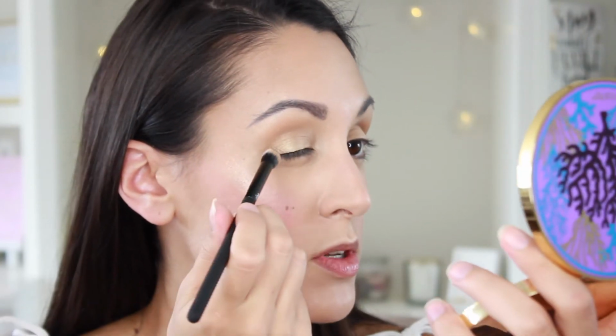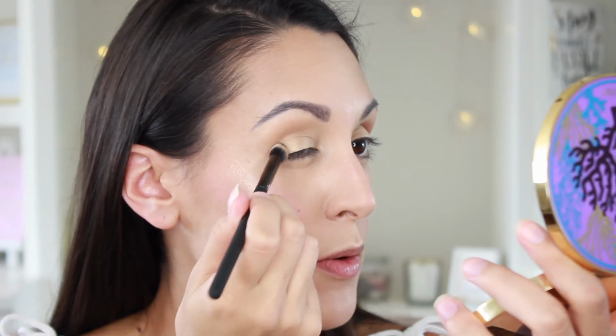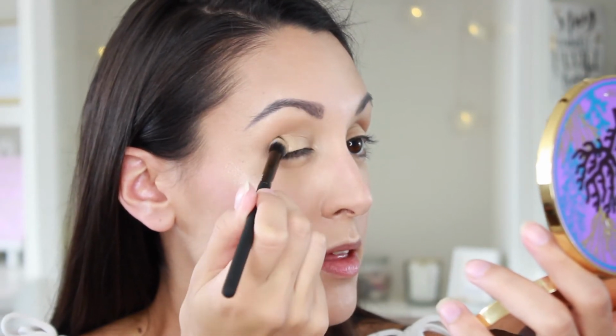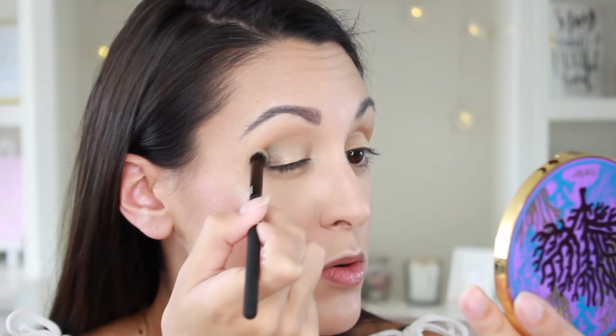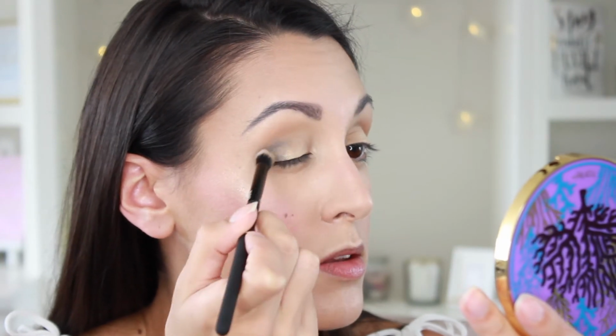And I'm going to just gently apply this to the outer corner of the eye and blend it and see kind of how that looks. It's pretty pigmented. Blend that into the crease a little bit. Just kind of in the outer edge here. I feel like things are looking a little patchy, but I also feel like it's kind of difficult to blend